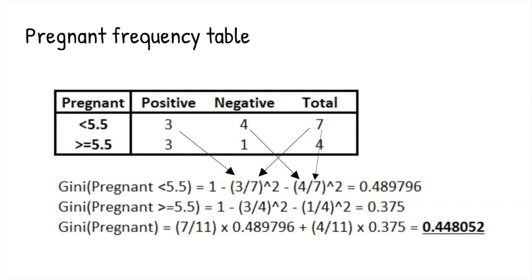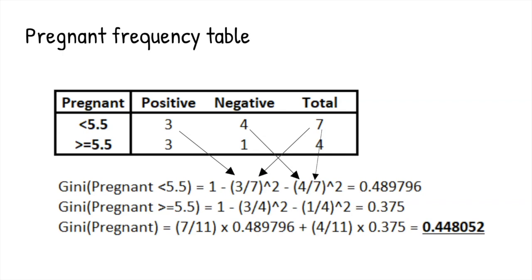Now, if we put those two numbers together, the Gini for pregnant below 5.5 and Gini for pregnant above 5.5, and calculate a weighted average, we will get the last line, which is 7 divided by 11. That's the weight that the pregnant below 5.5 has. As you can see, we have 7 that are below 5.5, but we have a total of 11 people, 7 plus 4. Okay, so our weight is 7 divided by 11 times the Gini for pregnant less than 5.5, which is